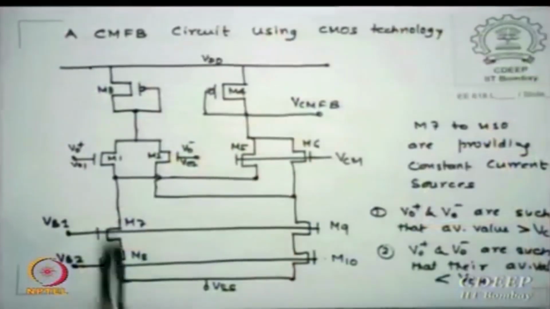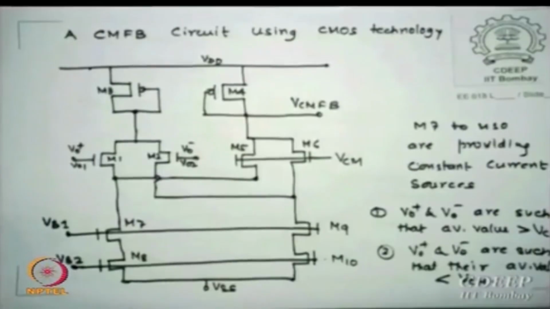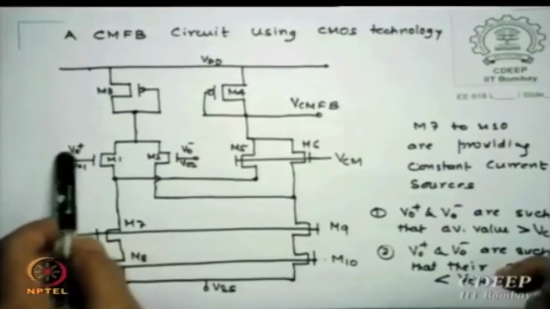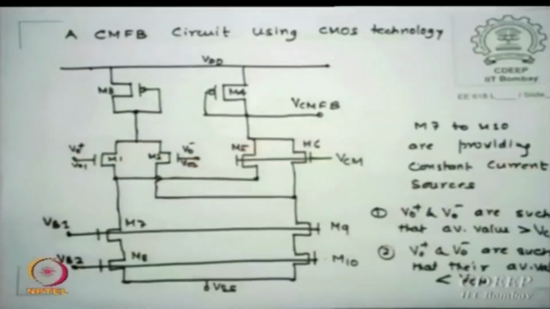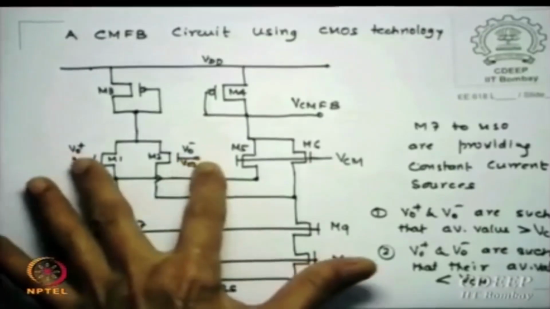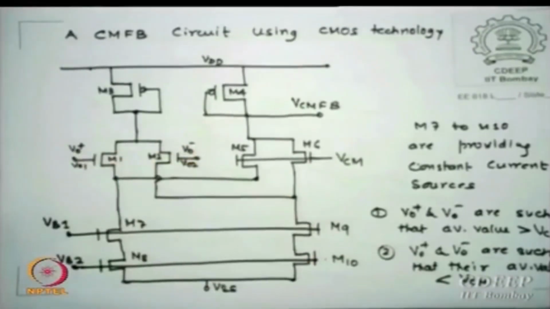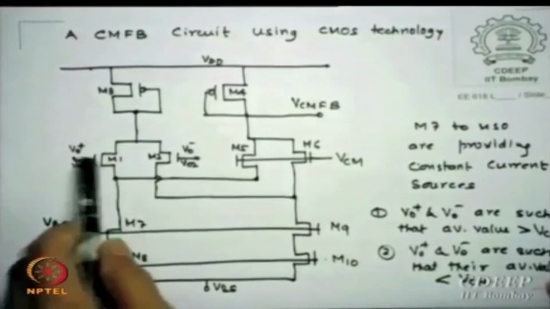Okay, these are current sources, same currents are flowing here. Now let us say VO plus and VO minus are such that the average value of them is larger than the common mode voltage. This is the first possibility. The other case could be they are smaller, so that their average value is smaller than VCM. So two possibilities. If they are larger,